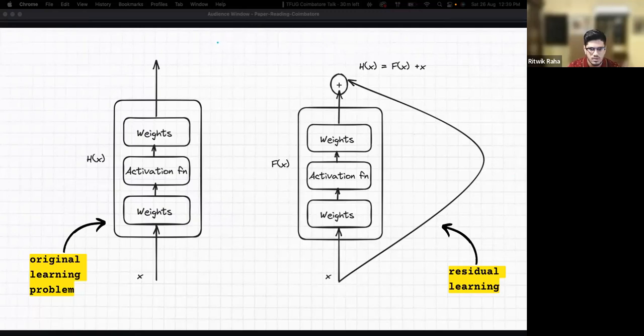I am looking at the chat. Someone says, in case we lose any details at any step x, then we may add x to f(x), which is true in essence. In case we lose any information, we are adding a shortcut so that it is able to retain that information. But what I really hope that you take from here is what is residual and what is residual learning, because